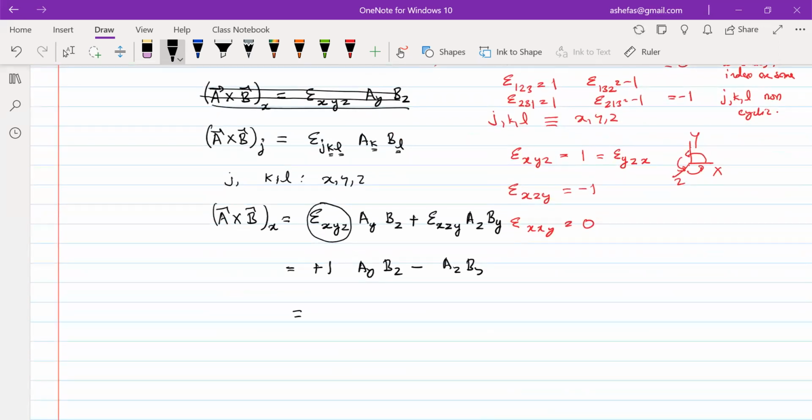So this is nothing but the x component of A cross B, A y B z minus A z B y. If you have any confusion, just expand this A cross B. So A cross B, you can expand as x, y, z, A x, A y, A z,